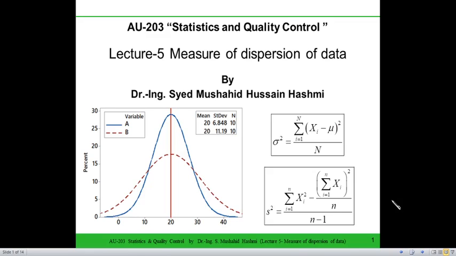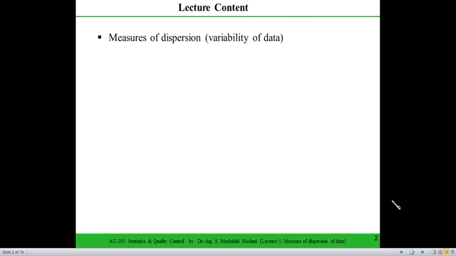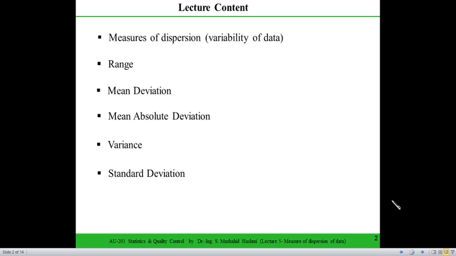This is lecture number 5 of the course AU 203 Statistics and Quality Control. In this lecture, we will talk about the measure of dispersion, and dispersion means the variability of the data. Just like measures of central tendency, there are measures of dispersion like range, mean deviation, mean absolute deviation, variance, standard deviation,